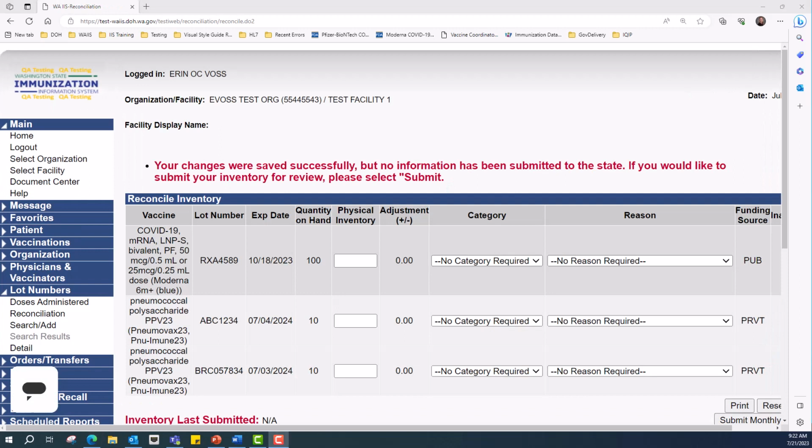Inactive lots can be found through the Search Add screen within the Lot Numbers menu heading. Once vaccines have been added to your IIS inventory, vaccine records that include lot information will automatically subtract or decrement from your inventory. You can also run reports in the IIS to view and manage lot information and to troubleshoot and correct patient records when necessary.